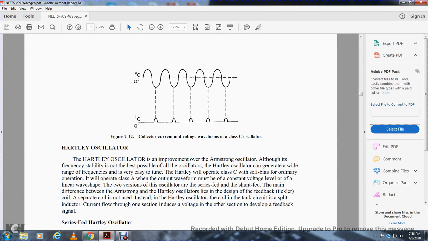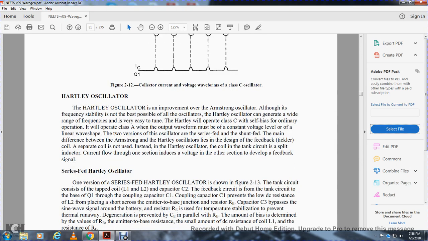Alright, Figure 2-12 shows the collector current and voltage of the Class C oscillator: voltage, current, collector amperage. Notice it's on the bottom of the phase. Your Hartley